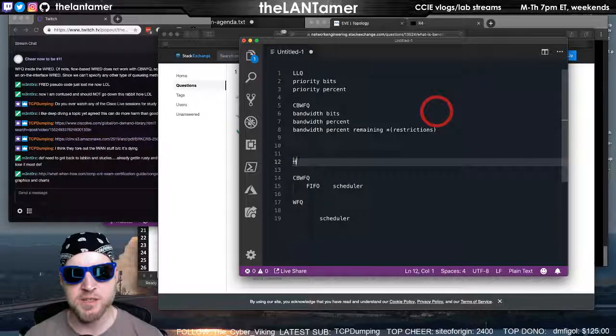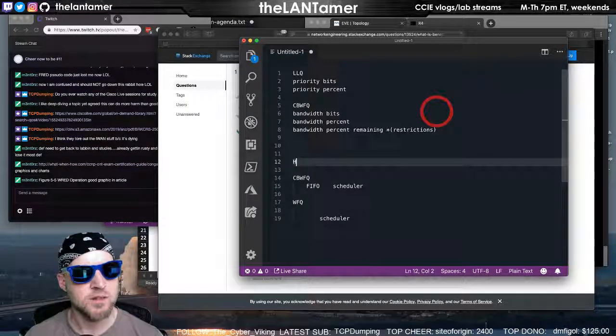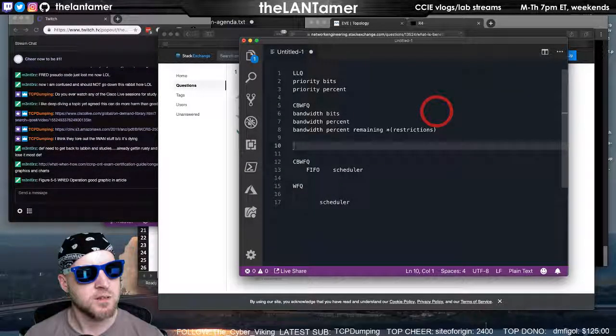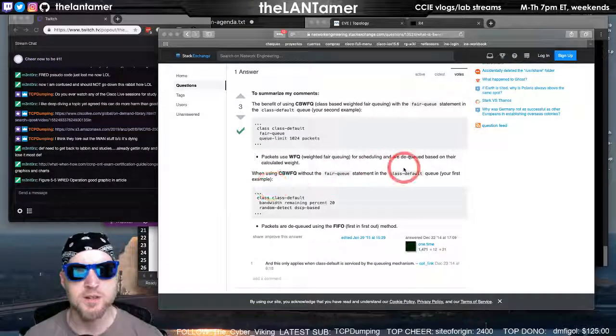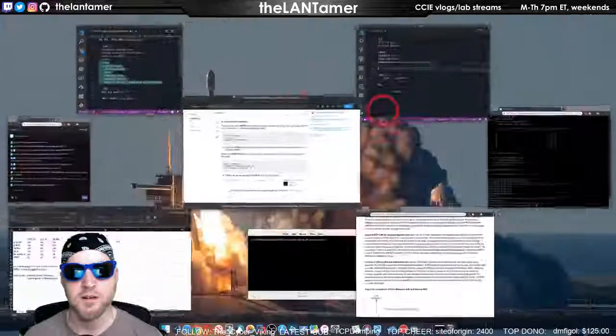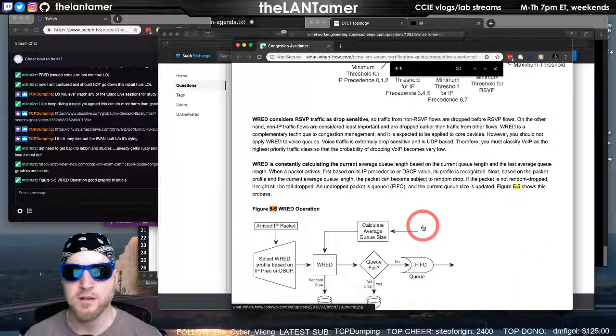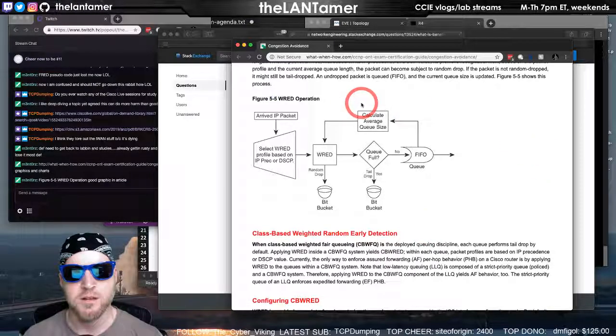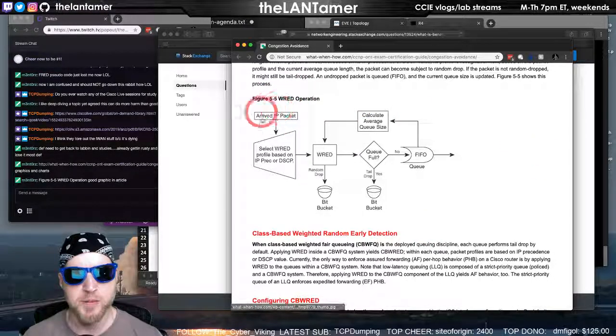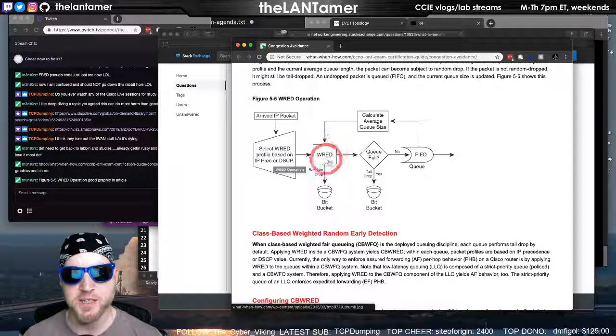So I guess we could say, figure 5.5: IP packet arrived, selected red profile based on weighted random early detection, random drop, yes. So that is from any of the flows.